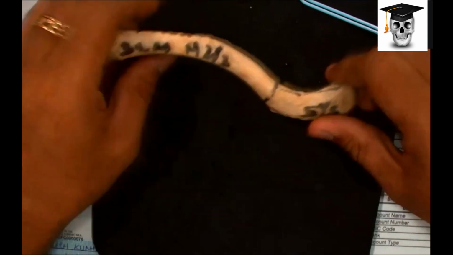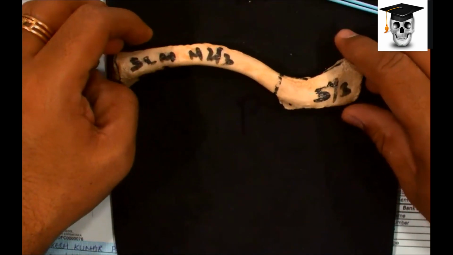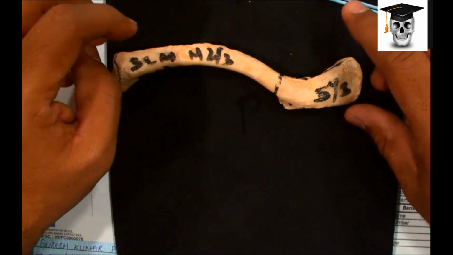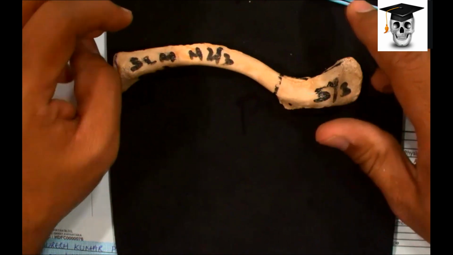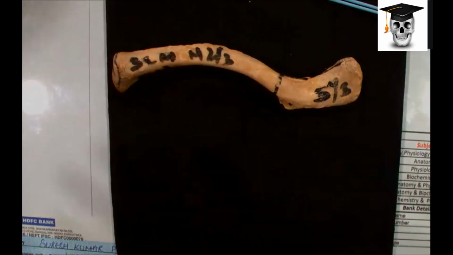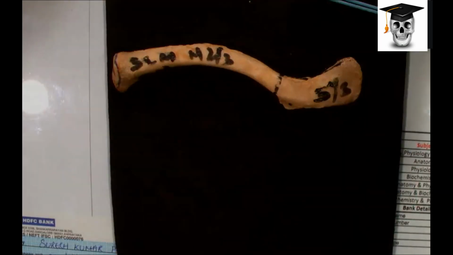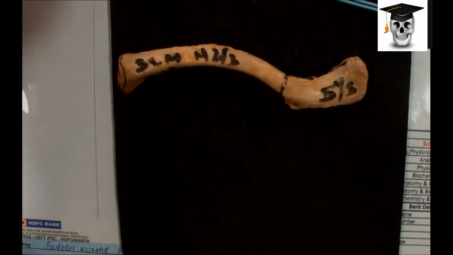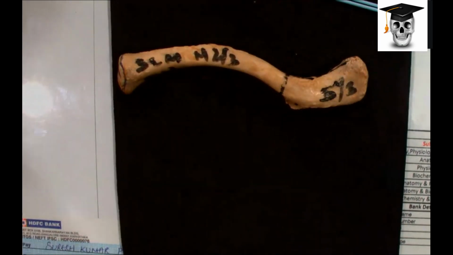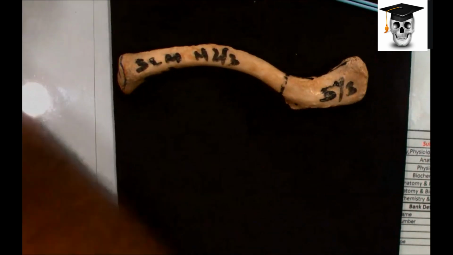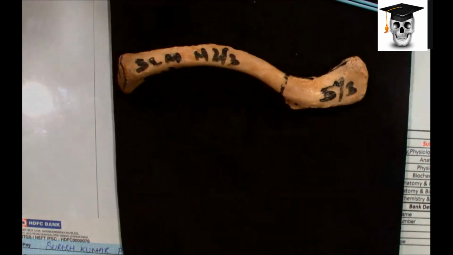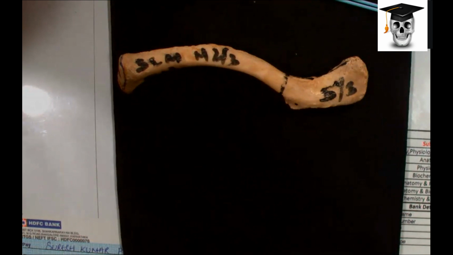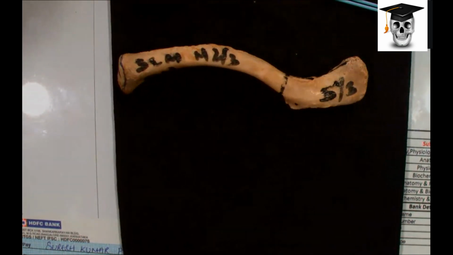So how do we break our clavicle? When you fall on an outstretched hand, suppose you are falling, to protect your face, by default, reflexively you will put the hand forward. Say I am falling like this, suddenly I put the hand forward here. So when you fall like this, the entire weight passes through this and goes to the ground, and the ground reaction, the opposite force, comes back like this. And here it comes, and the weak area is the junction, it cracks. So there is a fracture of the clavicle.